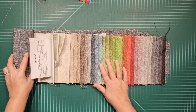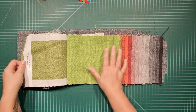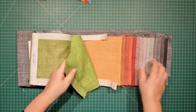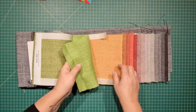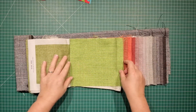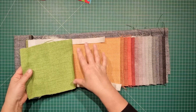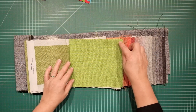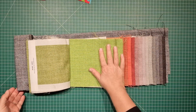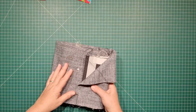This is a swatch sample and it just comes with a whole heap of pre-cut squares that are all glued to the back of a board. And they're easy enough to get off. You basically just need to iron off the paper. Once you've separated these, you're going to have just that piece of fabric, some paper and gluey bits behind it, and you've usually got a fold on the edge here. I'm going to trim mine back, so I like to get as much as I can out of these fabrics,